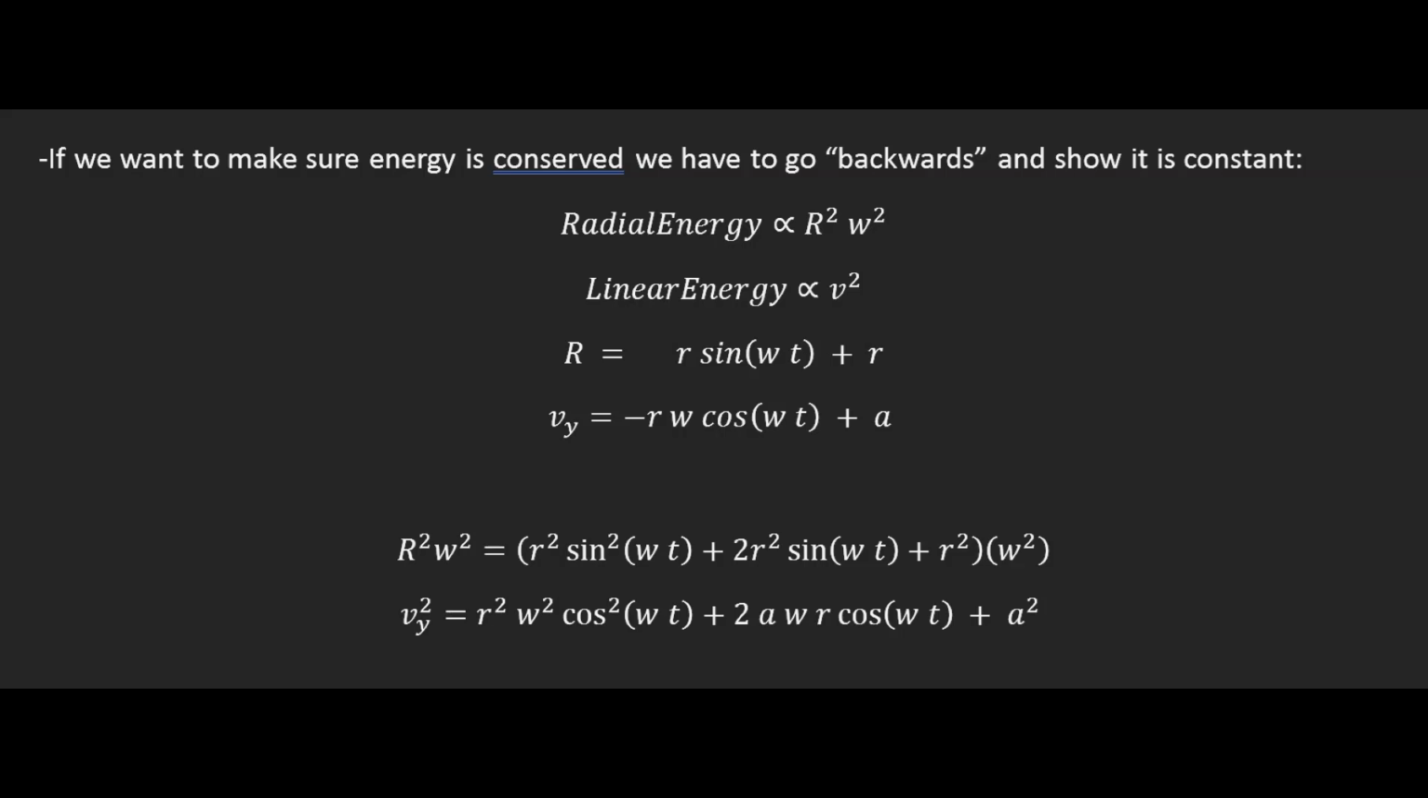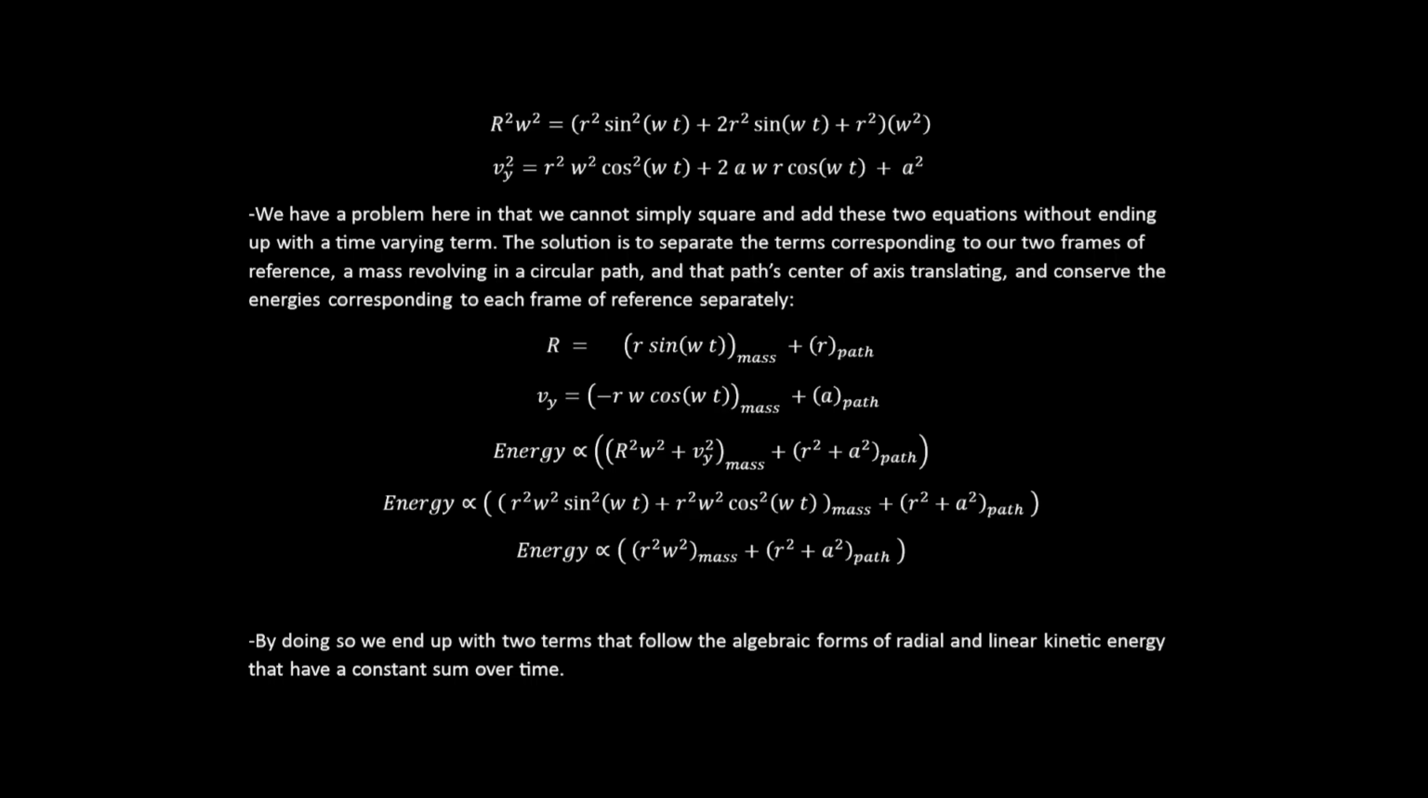If you want to make sure energy is actually conserved, we also have to go backwards and show that it is constant. We have a problem here in that we cannot simply square and add these two equations without ending up with a time-varying term. The solution is to separate the terms corresponding to our two frames of reference, a mass revolving